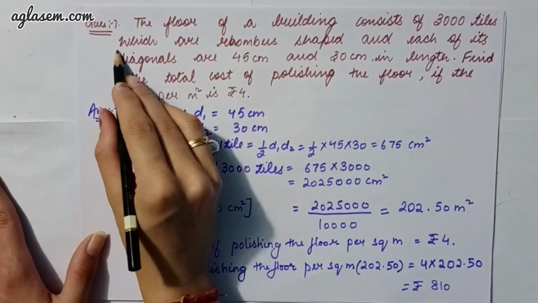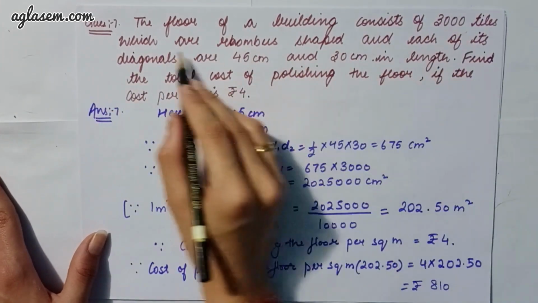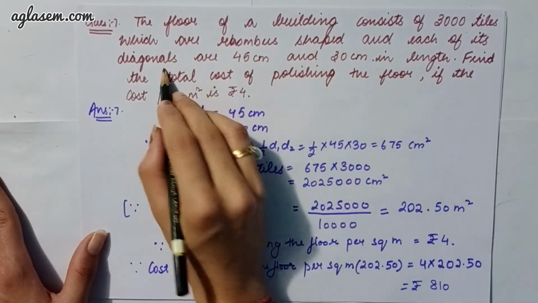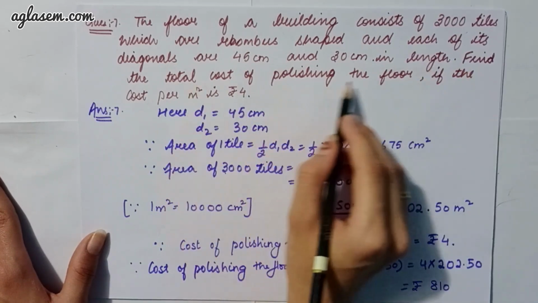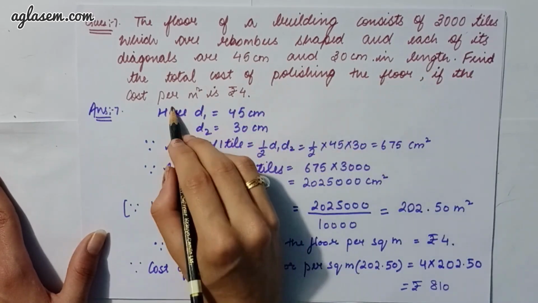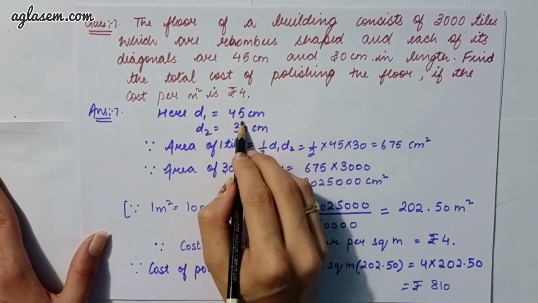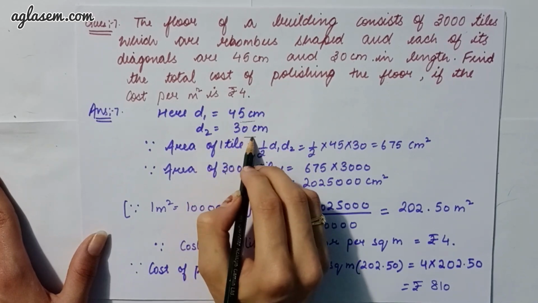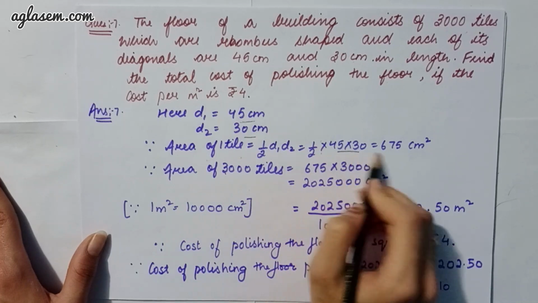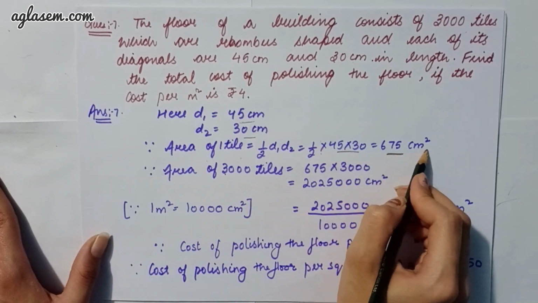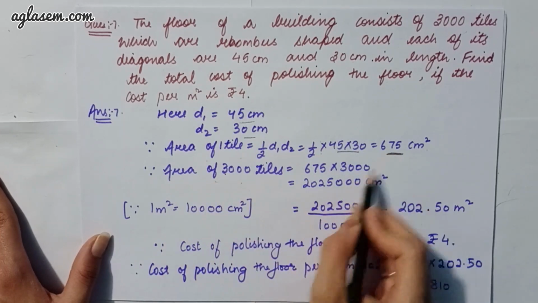Moving to the seventh question, which says the floor of a building consists of 3000 tiles which are rhombus shaped, and each of its diagonals are 45 cm and 30 cm in length. We have to find the total cost of polishing the floor if the cost per meter square is rupees 4. So here d1 is 45 cm and d2 is 30 cm. So the area of one tile we can find, that is 1/2 into 45 into 30, that is 675 cm square. And for the area of 3000 tiles we have to multiply 3000 with 675. So our answer will be